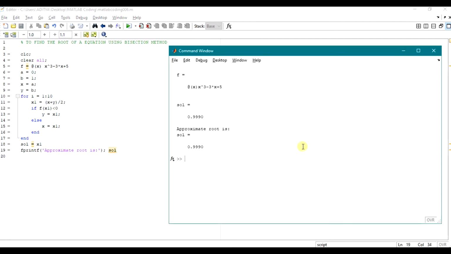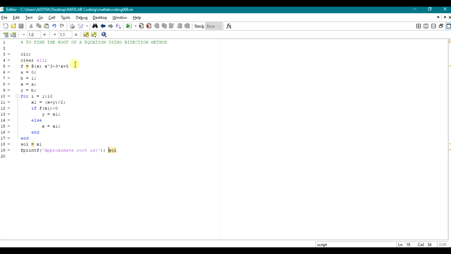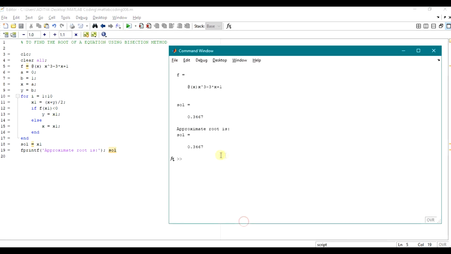Open up, yeah. So this is the root. This is the approximate root for x cube minus 3x plus 5. The approximate root for this equation is 0.9990, and if I change the 5 to 1 and run again, the approximate root is 3467.